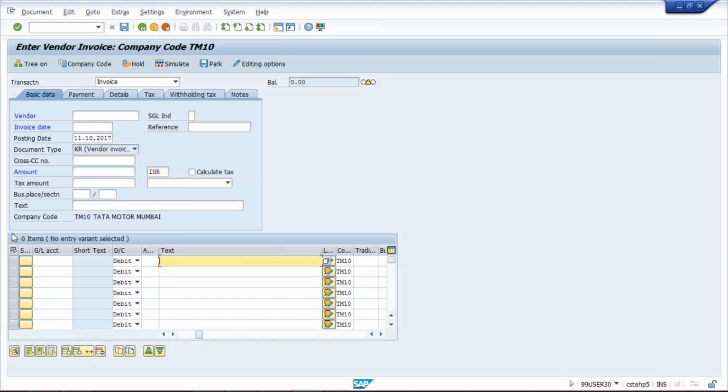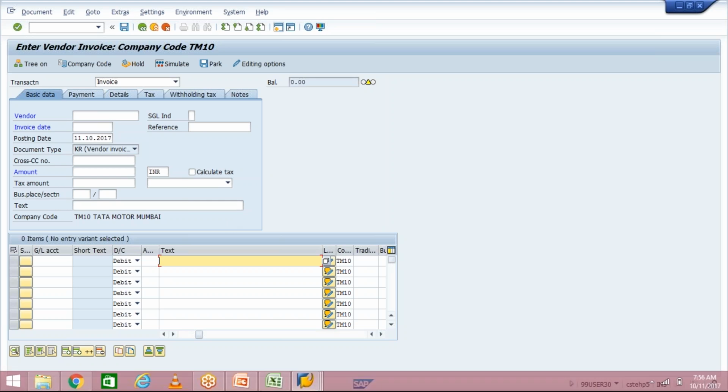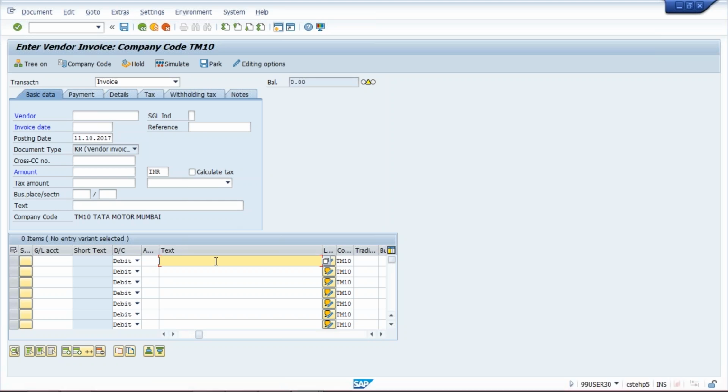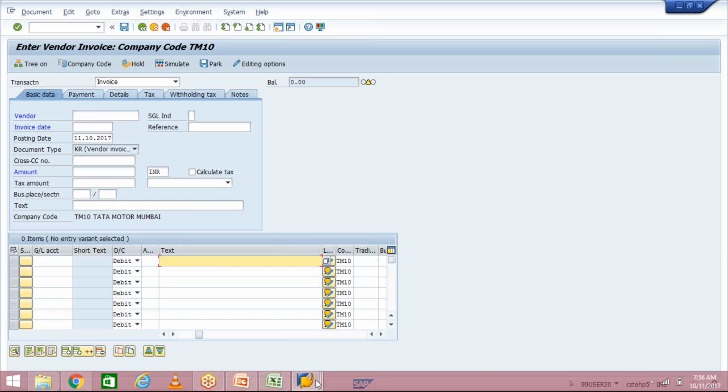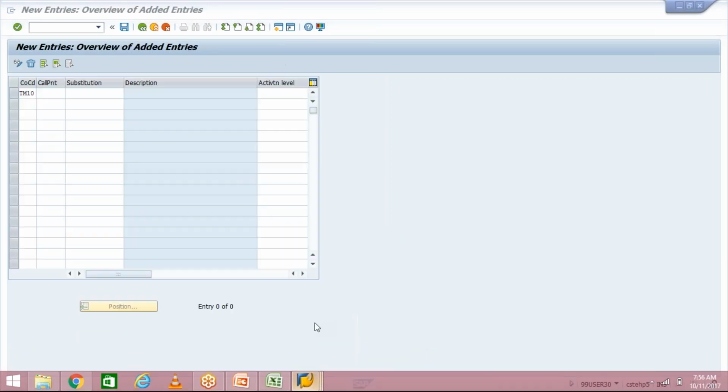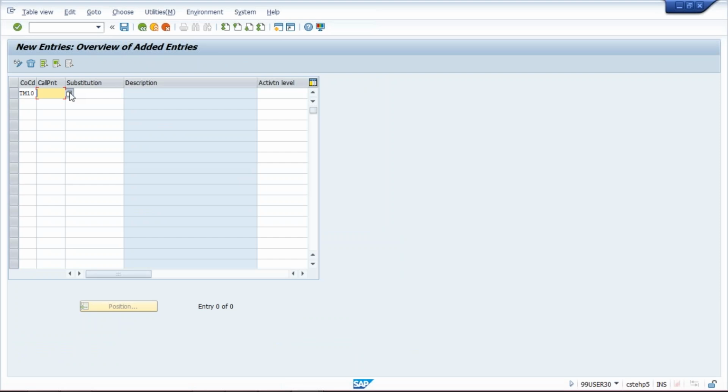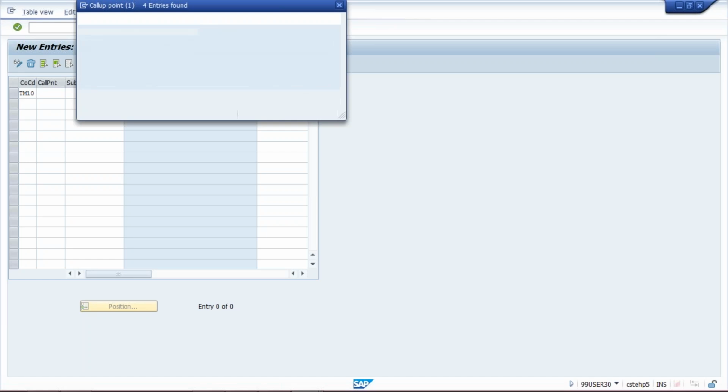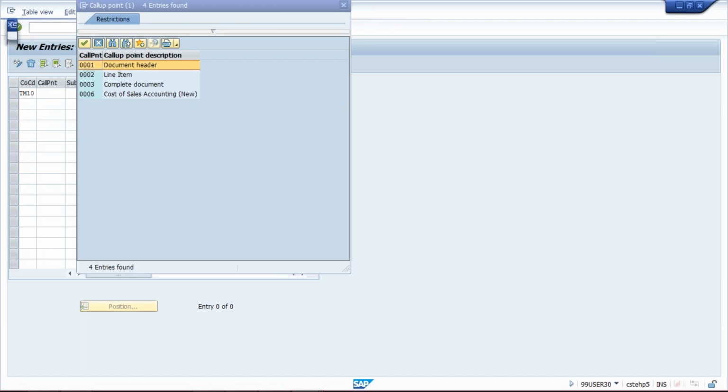From here till bottom, whatever the things are there, that is line item, and from here above this, all areas are called header level. So the text field is going to derive in line item, so we are going to give call point. In call point, give line item. It means second. Double click on second,